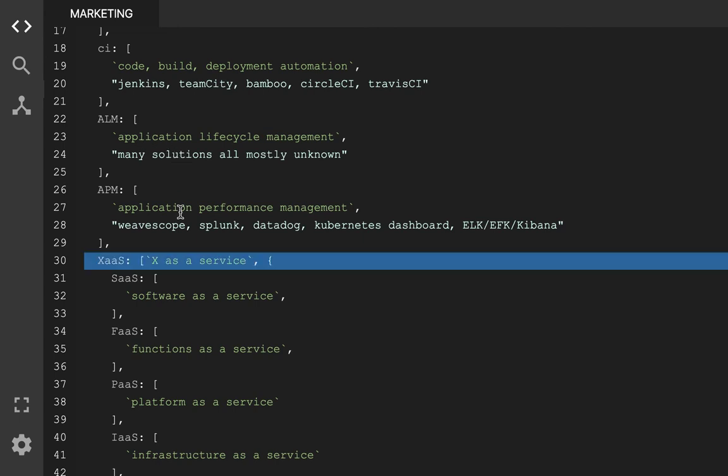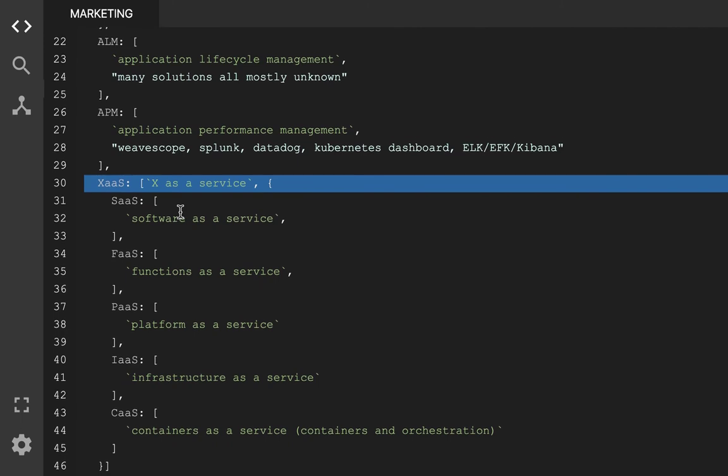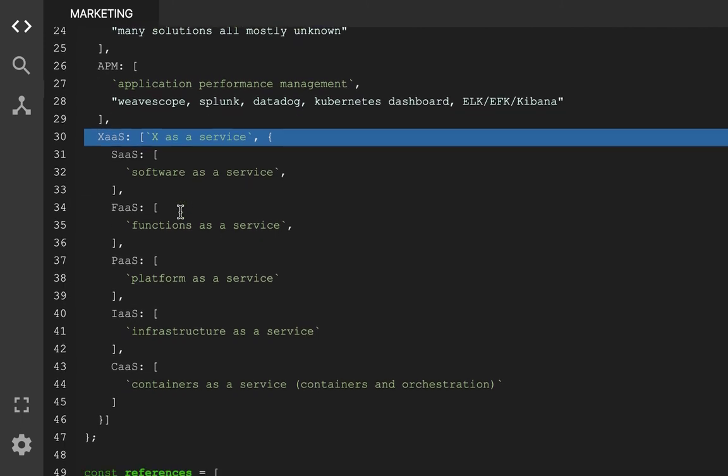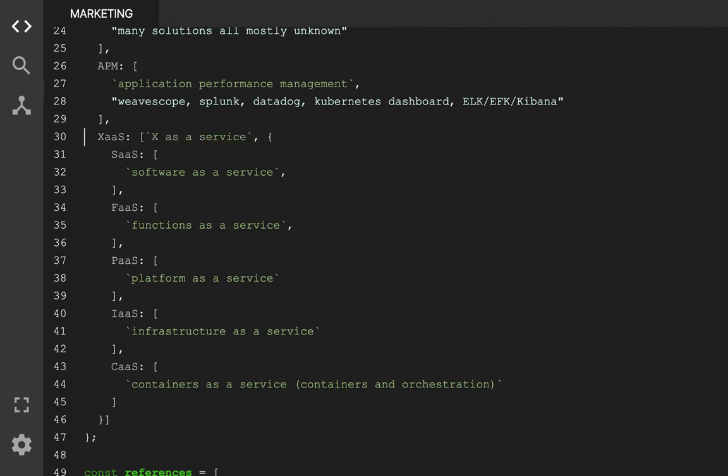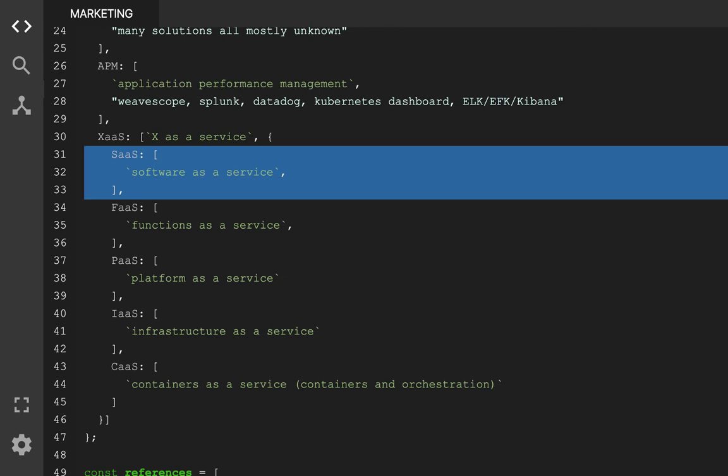This is XaaS. It's basically X as a service, just so you name it. Like we have here software as a service, functions as a service, platform as a service, infrastructure as a service. You can read them. Anyways, the SaaS solutions, this is one of the granddaddies of this particular acronym, aaS.